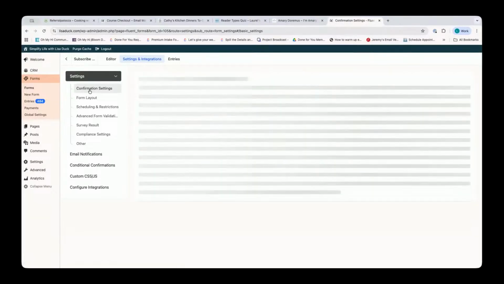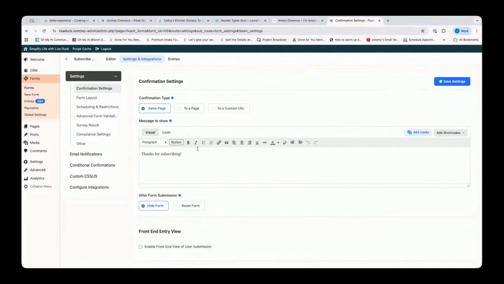Then you could go into the settings and integration and you could create a custom confirmation page. So this is basically when somebody fills it out and hits submit or subscribe, it's the message that pops up on the screen or the action that happens when they hit that. This one could be just a little message that pops up saying thanks for subscribing. If I had a specific page that I wanted to take them to, that tells them a little bit about what they've just done, for example with the quiz, a page that says, "Thank you for submitting. This is your reader type. These are the books I suggest," you could create a page on your site,